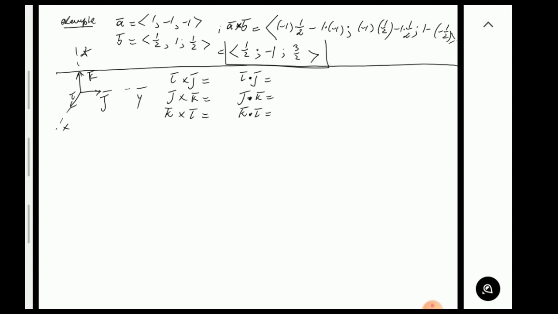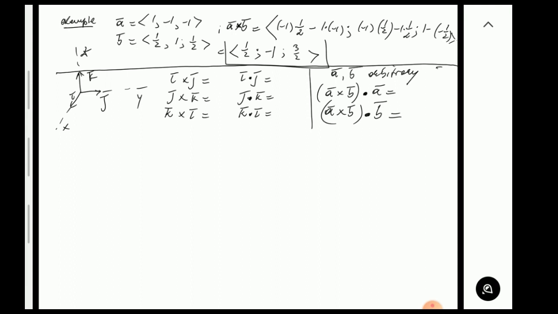And let's say we have some arbitrary vectors a and b. What do you think is the answer? What do you think is (a cross b) dot a? What do you think is (a cross b) dot b? Take 5-7 minutes and see if you can answer this. Maybe in one of these cases you should compute if you're not sure, like for example i cross j, j cross k, and so on. But for the last ones,